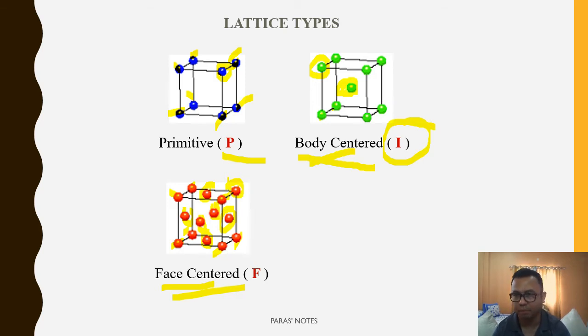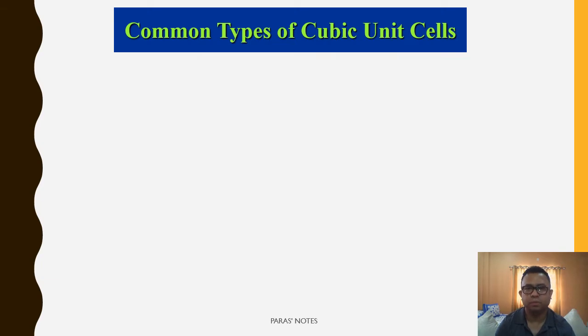The first one is again primitive, only 8 corners. The second one is 8 corners, in addition to the 8 corners, one in the middle. And here, in addition to the 8 corners, there will also be particles at the faces. Now if that is so, then